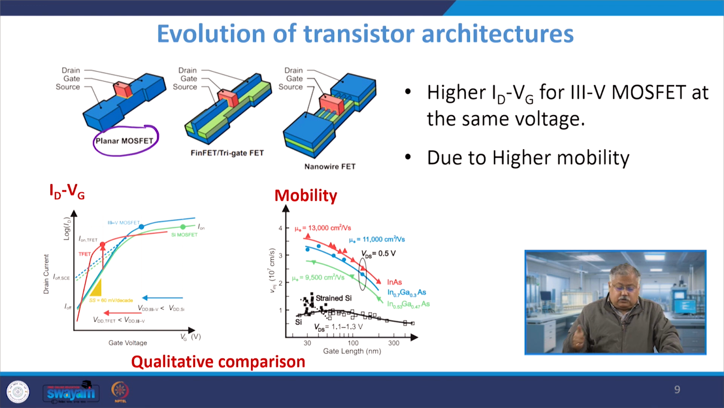Now, and that is to do with high electron mobility, which I have pointed out here, and higher ID versus VG for III-V at the same gate voltage, which means that if you use the same voltage, you get a much higher MOSFET current. If you look at the left hand side graph here on the ID versus VG graph, then if you plot the drain current ID versus gate voltage here, then you see that